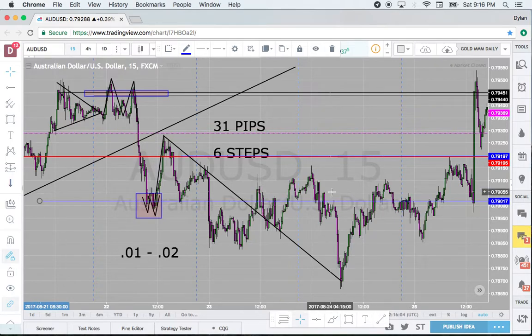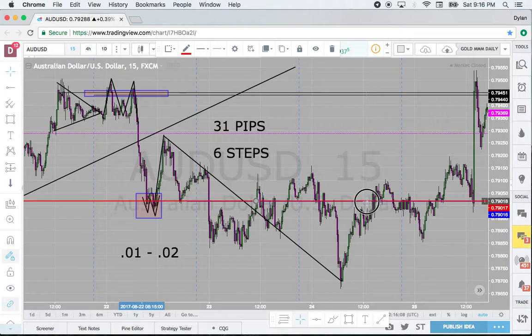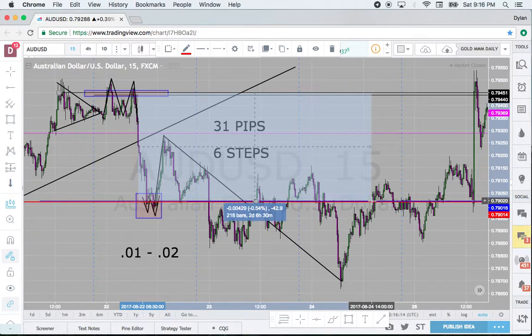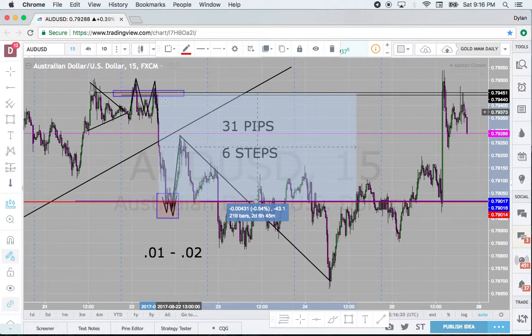So right around here, that's when we would have finally been stopped out. We would have made about 42, 43 pips on that position, okay, on our sell position. And